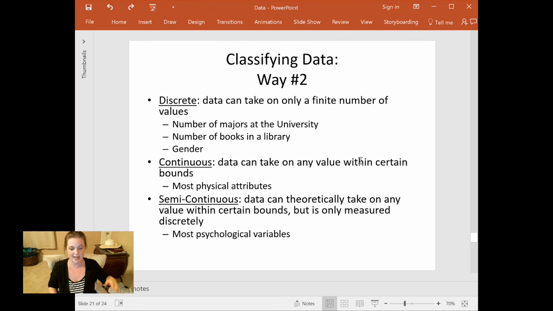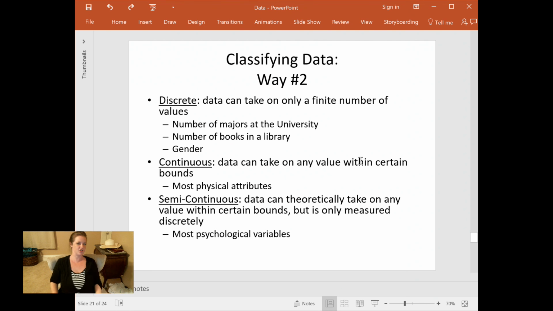So there's theoretically an infinite number of possible mile times ranging from 4 minutes, the fastest anyone's ever done it, all the way to my mile time, which is like 20 minutes, right? You have an infinite number of possible mile times in between those two endpoints, right? It's not like the number of kids you have where you jump from 0 to 1 kid. There's no half kids. That's not a thing, right? But you can jump from 4 minutes to 5 minutes, but then there's everything in the middle. So it's a continuous variable, continuous.